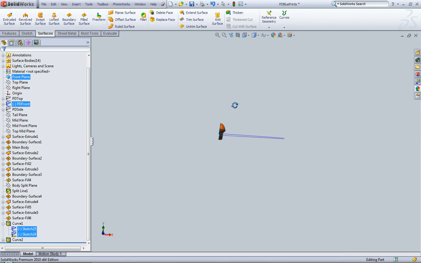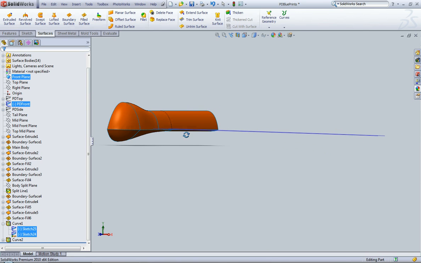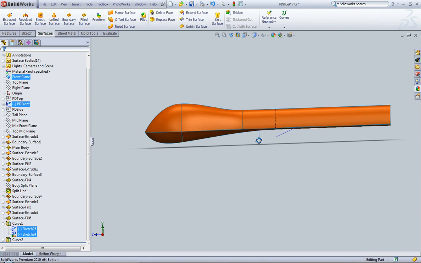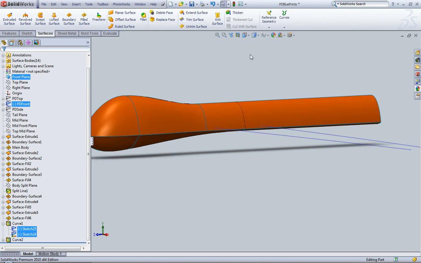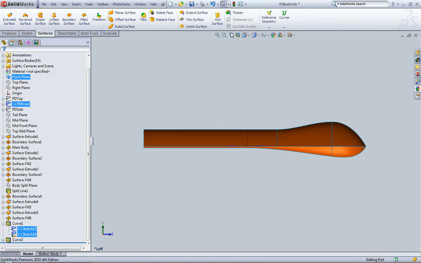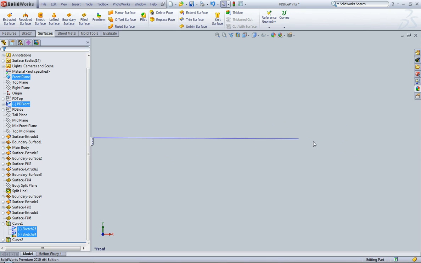Alright, so now we're looking at this thing, and this is essentially the center line of the wing as you're looking at it from the front or the back. We know these 2 points, looking at them from the top or from the front, are going to be at the same point. So obviously you can't differentiate between these two looking at them from the front, and that's because we used the same front view sketch to project both of those. And when we look at them from the top,